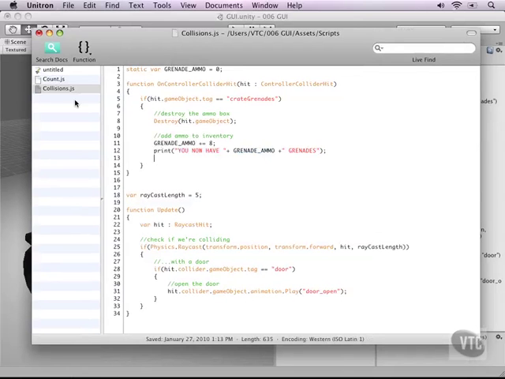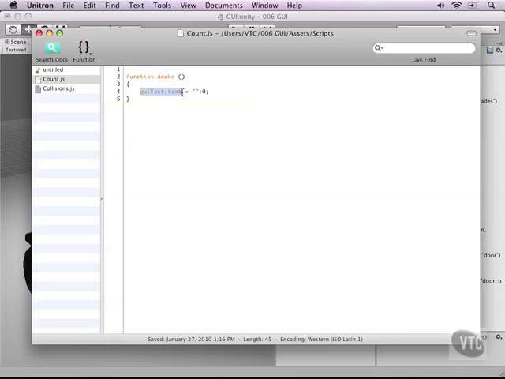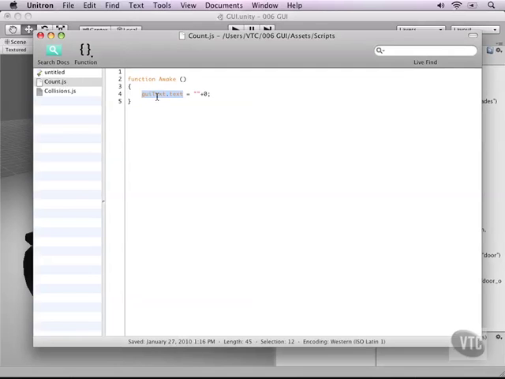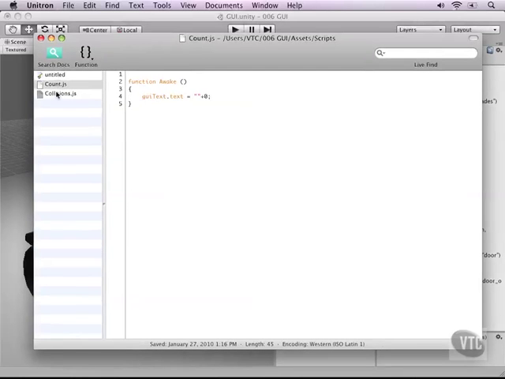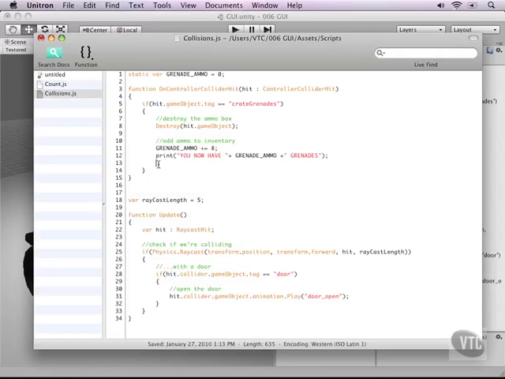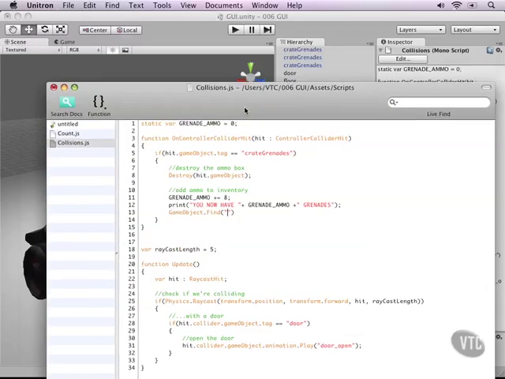Now notice that in the last script we simply typed GUI text.text, but that is because this is attached to our GUI text, so we can directly reference the GUI text namespace. We cannot do that in our collision script, so in our collision script instead we have to type GameObject, and in this case I'm typing GameObject with a capital because I'm referencing any game object in the world, and this is gameObject with a small g, which means it is referencing the game object which is part of, for example, the hit variable, or part of a collider, or part of whatever the script is attached to. So GameObject dot Find with a capital F, and then the name of our count, which is, let me peek real quick,